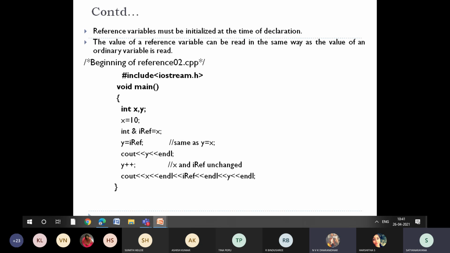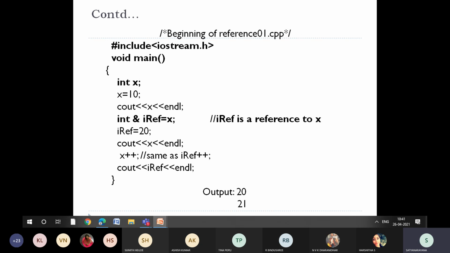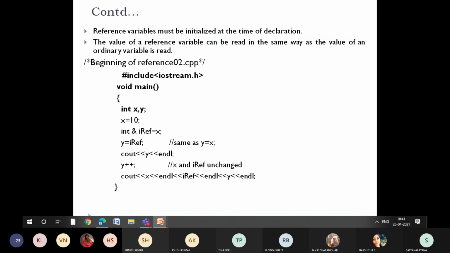Might be only 11. Let us see the answer, then we'll discuss. All right, so 10 and 11.